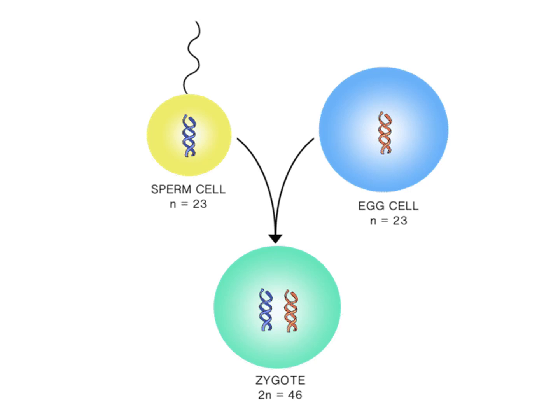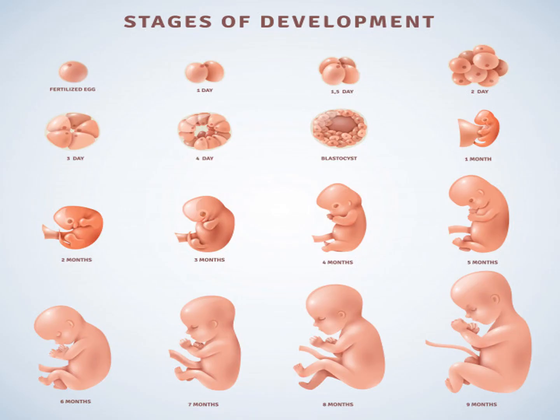That is diploid. That is why below the zygote they have written 2n to show that it is diploid, which means that it has got the complete set of chromosomes, that is 46. Okay, now once the zygote has received this complete set of chromosomes, as you can see here, the one that is circled is the zygote.